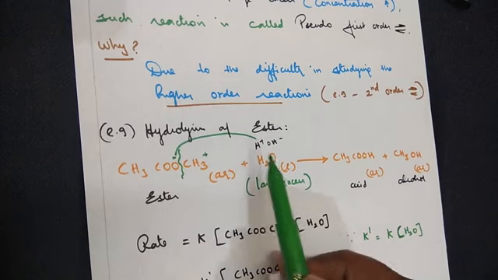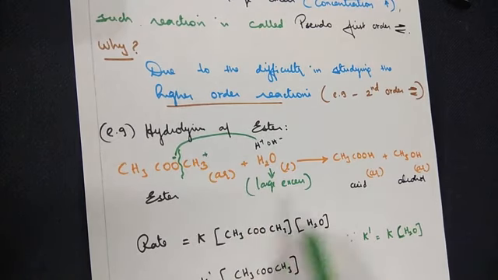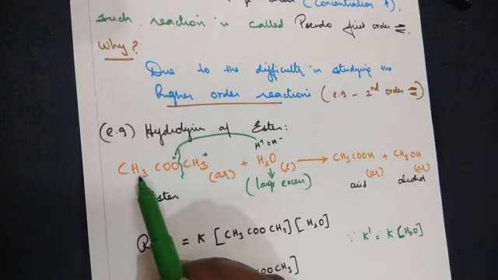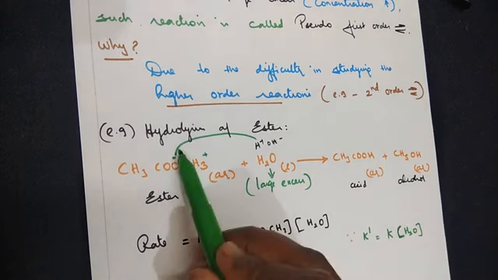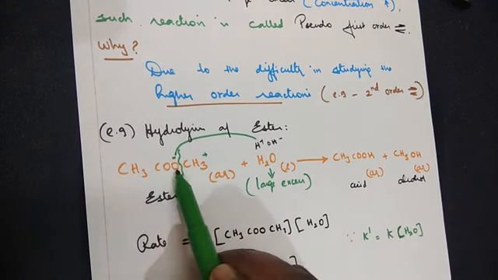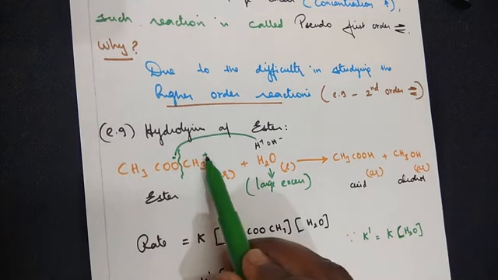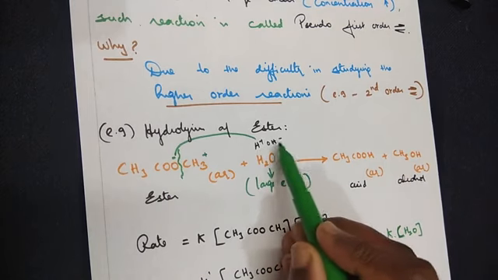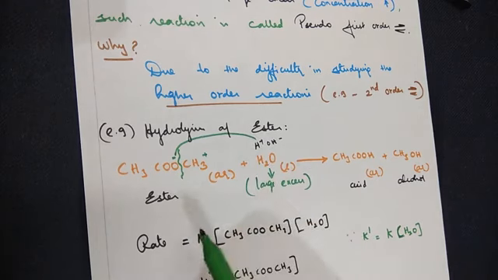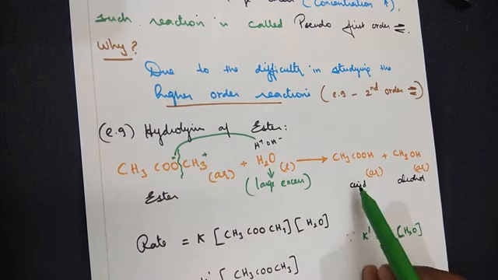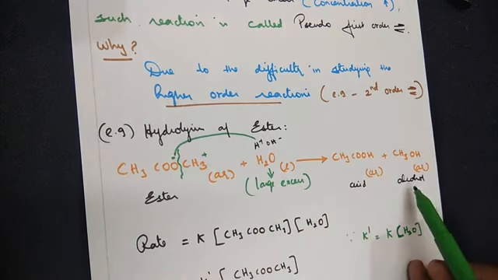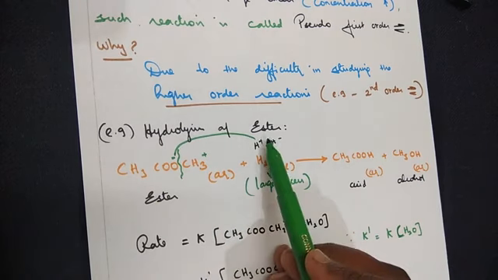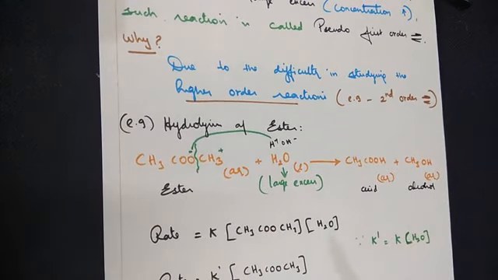Ester, when you treat it with water, that is hydrolysis, we get acid plus alcohol. Now the ester I have taken is a common ester, that is CH3COOCH3. The splitting takes place in such a way that CH3COO carries the minus charge and CH3 carries the plus charge. Similarly, H2O can be split into H plus ion and OH minus ion. Minus and plus combine together, plus and minus combine together. So we get CH3COOH giving us acid, and CH3OH giving us alcohol. So hydrolysis of ester gives us acid plus alcohol.